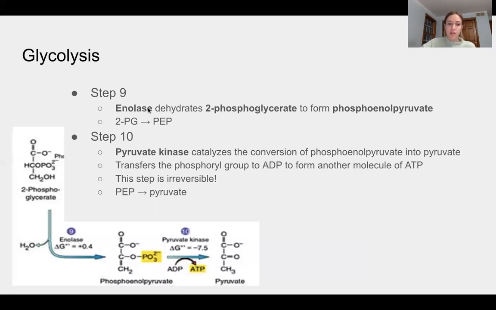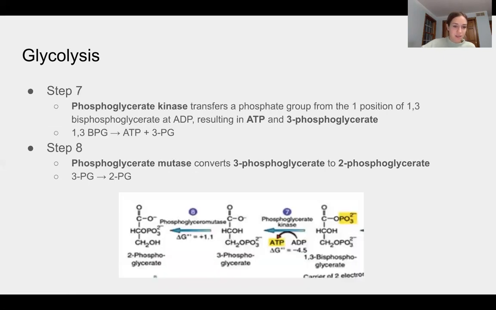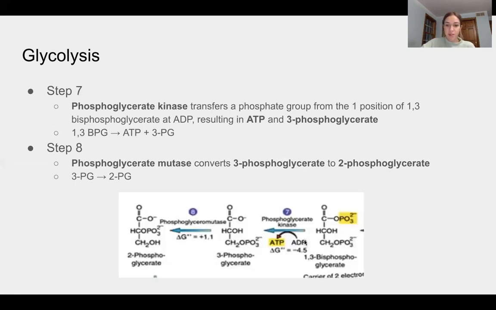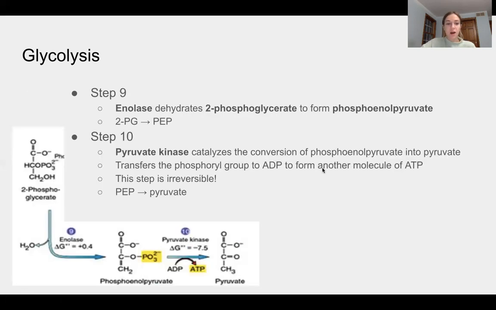Also, in these diagrams, something that I haven't yet mentioned that I probably should is, I guess the quality of this is not great, but it's showing us our delta G. So basically when the delta G is positive, that's an unfavorable reaction. And that is why those steps that have the positive delta G are not irreversible, because it actually would be favorable to move backwards,